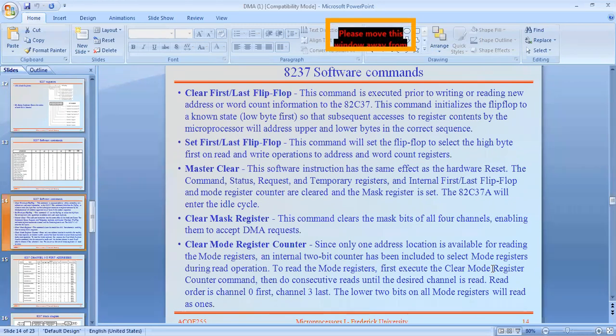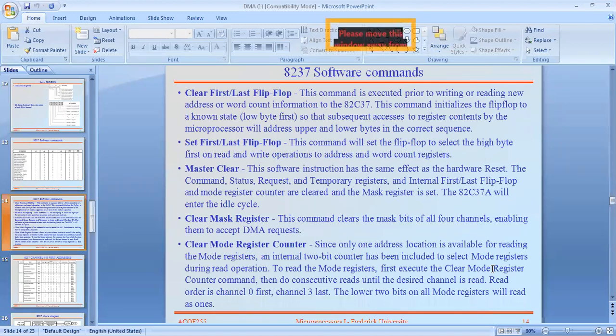The slides deal with microprocessors like the 8086, but the same is applicable to the 8051, 8052, PIC, or ARM microcontrollers. Why? Because the 8237 is a third party, acting as an intermediate between the external IO and a master, and that master may be anything. That is the clear first and last flip flop command.